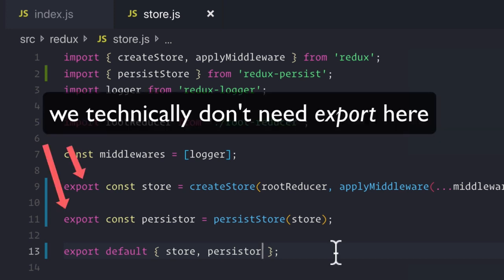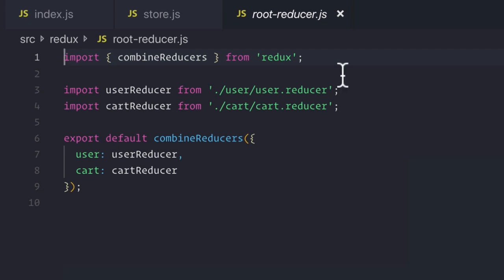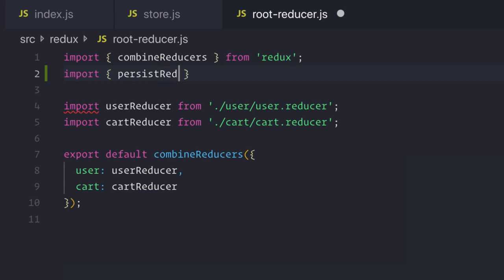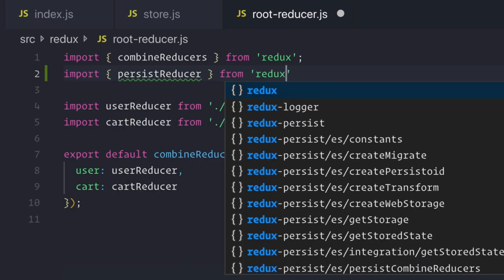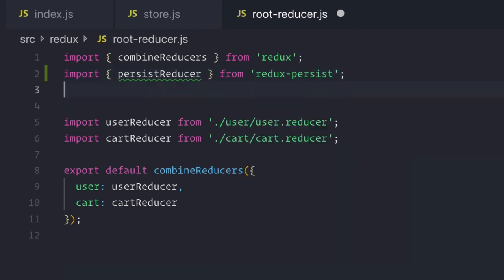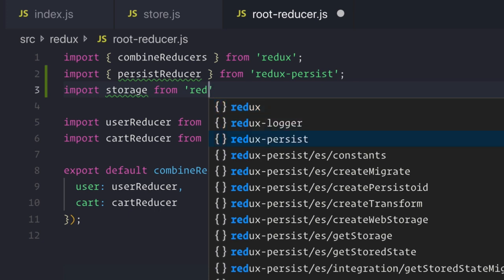Now that we have our store.js updated, we need to actually update our root reducer. Inside of our root reducer, we're going to import persistReducer because we persisted our store before, but now we want to persist our reducer. So we're going to import persistReducer from redux-persist. And we're also going to import the type of storage we want. If we say import storage from redux-persist